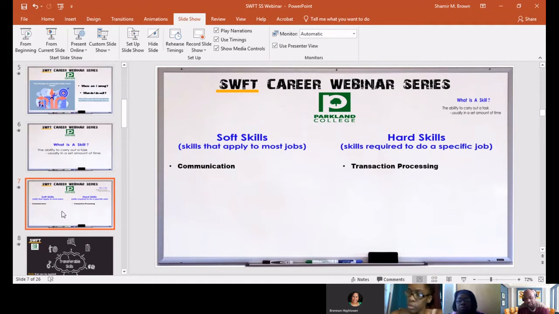If you know how to handle that transaction processing system, which some people generically reference as the cash register, that skill you have is transaction processing. So we have soft skills and hard skills, but your hard skills are geared towards things that are very specific in nature. They include things like data entry,